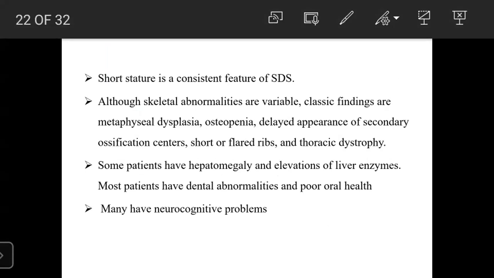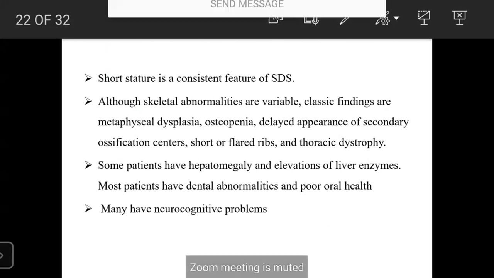Or metaphyseal dysplasia, osteopenia. There might be delayed appearance of secondary ossification centers, short or